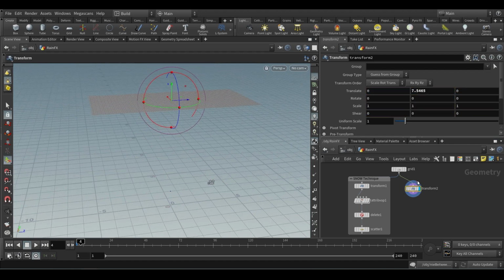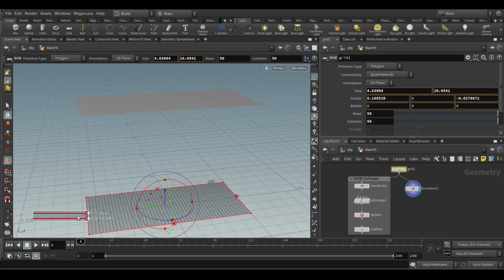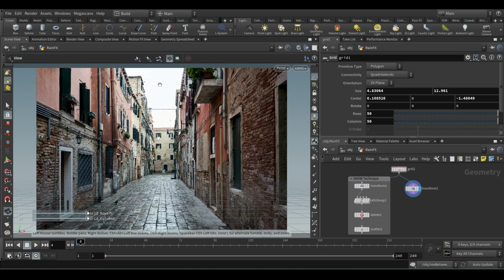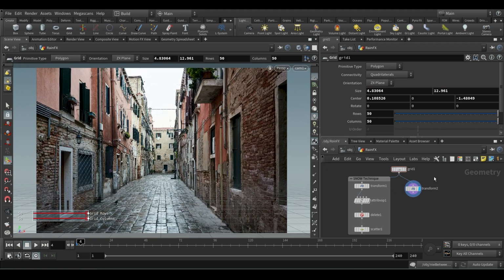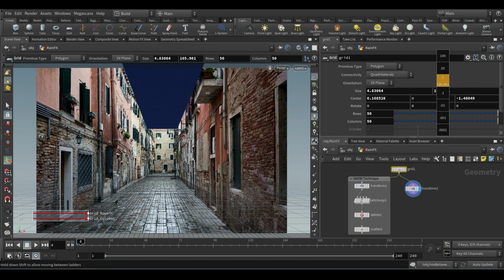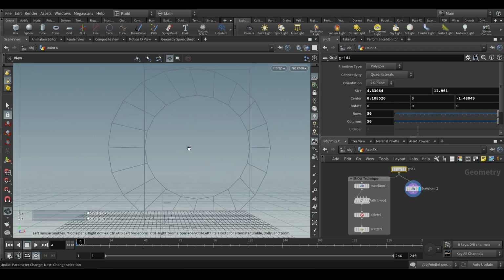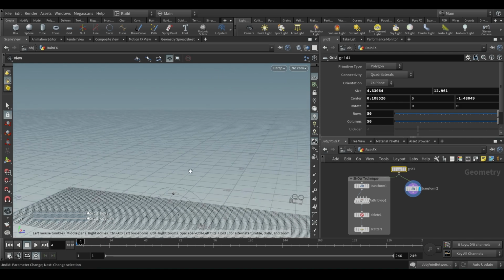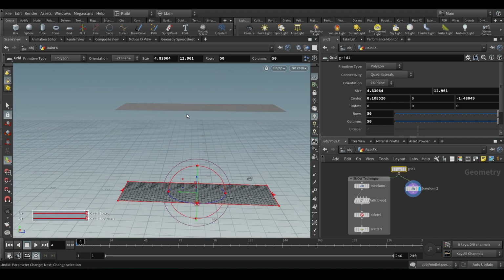Okay, and we'll also expand it a little bit only. In your camera view you can see that it's there, and if you want to see right through, then see, yeah, it's right there. So don't worry about that. We are good to go with this size. Okay, so I'll put it small, only this much.